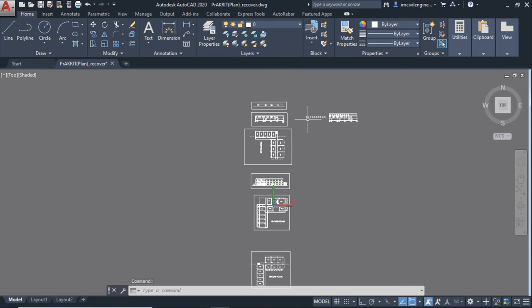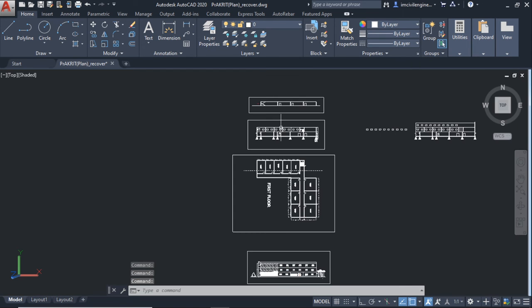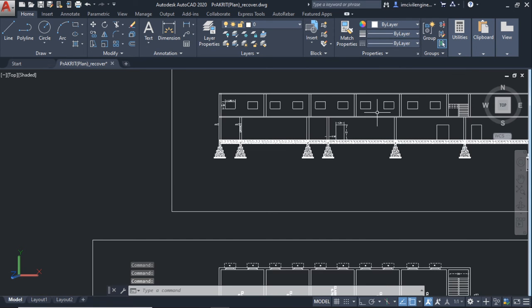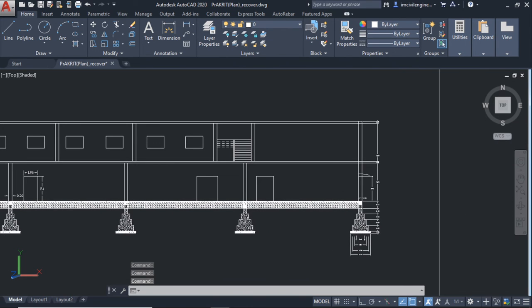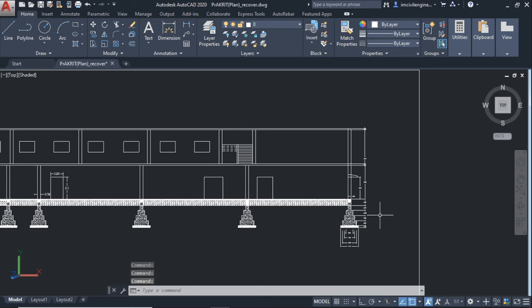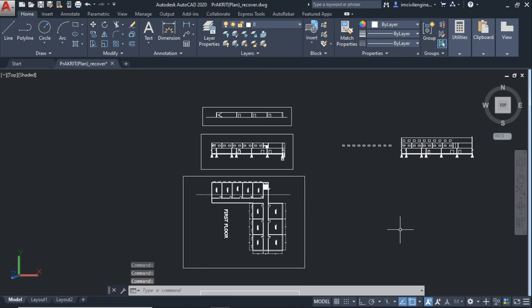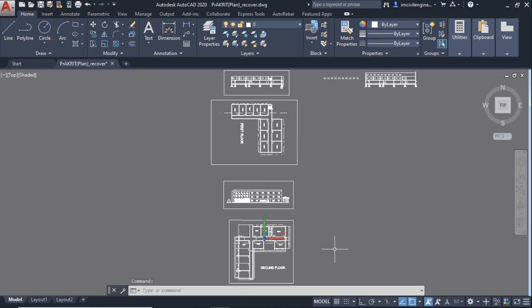This is not enough, guys. You have to make the cross section. You can see here, I have rotated the first floor here. It's the cross section. You have to name the cross section. I have already started the webinar regarding how to name the cross section and all. You have to do all this work. Then you will receive the certificate, and most importantly you will get the product ID and license key for AutoCAD 2020.